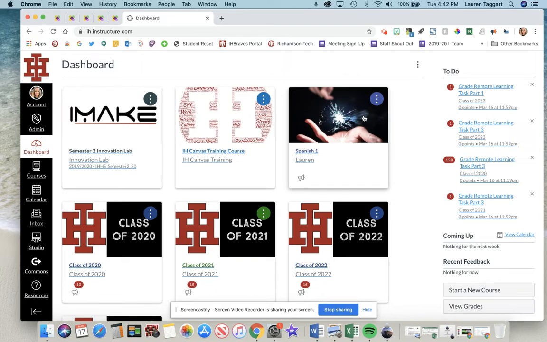Another thing I wanted to share that could be especially helpful during this distance learning experience is how to use the Canvas Commons, because there are so many ready-made resources there for teachers that you might be creating something right now that is already made. So if you go over here to the black menu on the left-hand side and click on Commons,